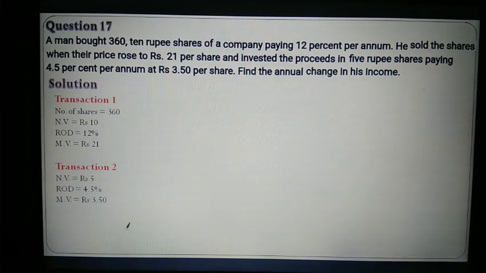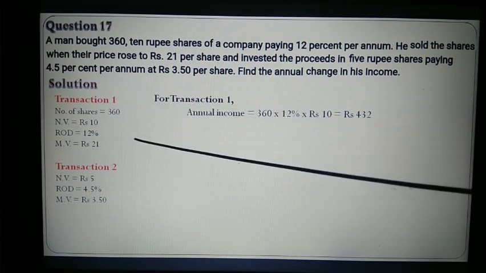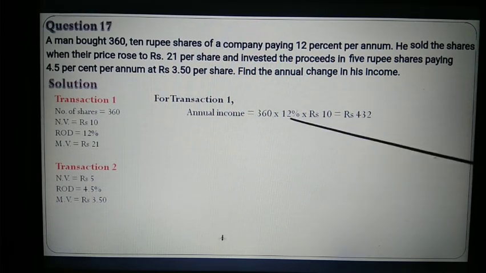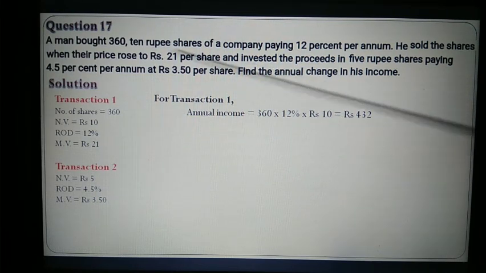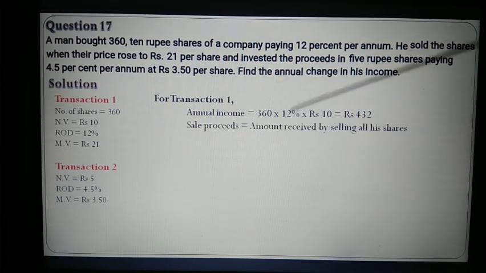Okay, so let's begin. So for the first transaction, my annual income is given by number of shares into rate of dividend into nominal value. So number of shares is 360, rate is 12%, and my nominal value is rupees 10. Okay, so when you simplify this, your annual income for the first transaction turned out to be rupees 432. Okay, and since they are talking about the proceeds, we'll calculate how much is the proceed. Okay, so sale proceed is what? Sale proceed is amount received by selling all his